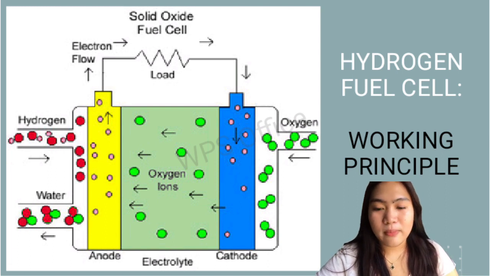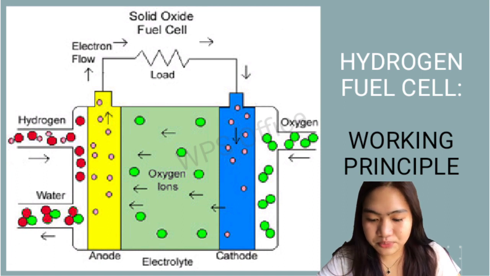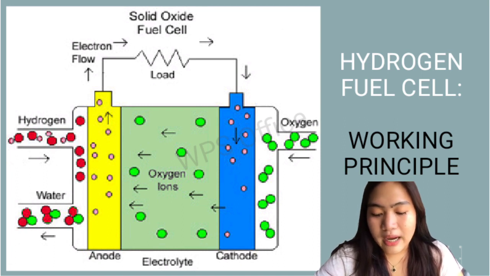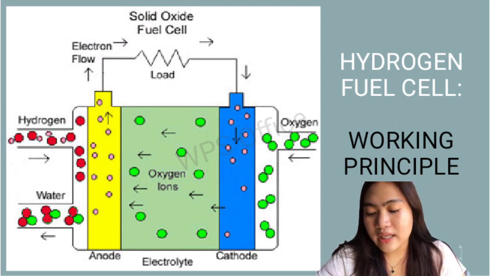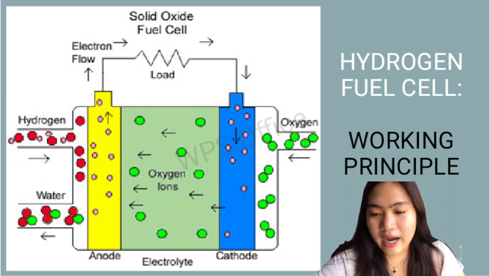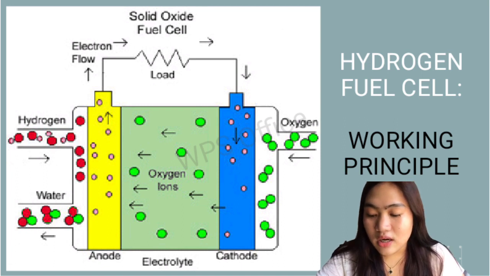Now, let's talk about working principle of hydrogen fuel cell. Gaya ng kanina, it works similar to a battery. Hydrogen and oxygen are being supplied by anode and cathode na makikita naman natin sa screen. And kapag yung molecule ng hydrogen nag-react siya with catalyst, which is made of platinum, yung molecules na to ay na-split into two particles, which is called